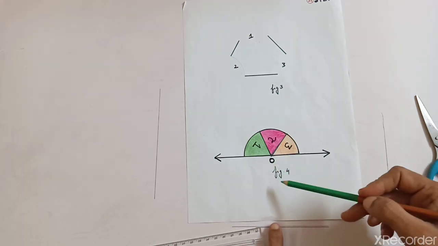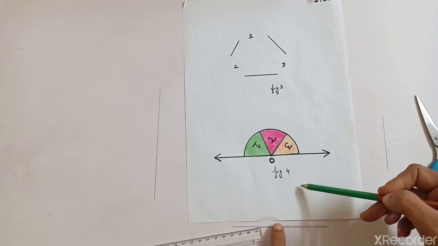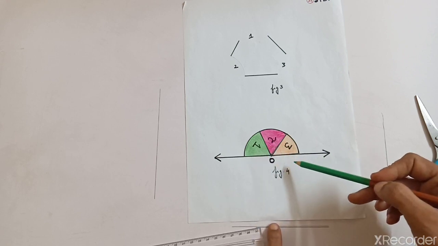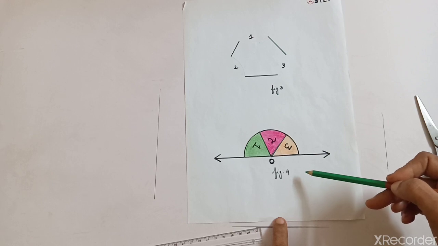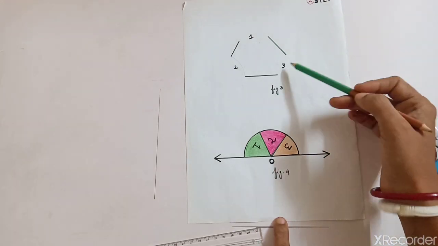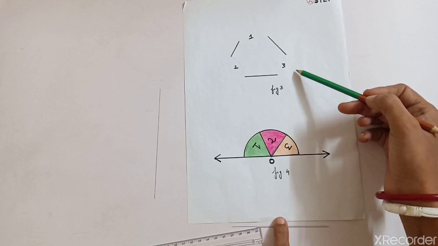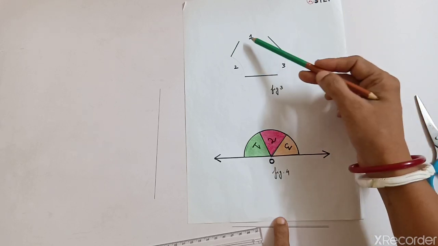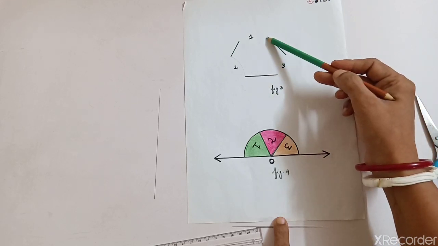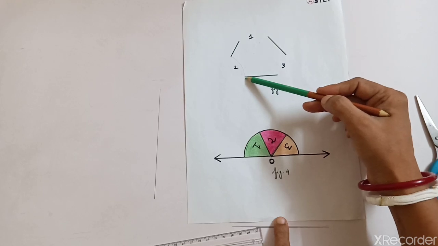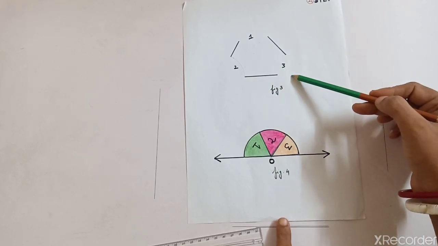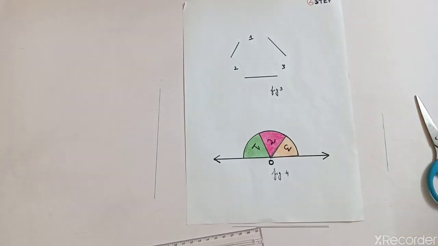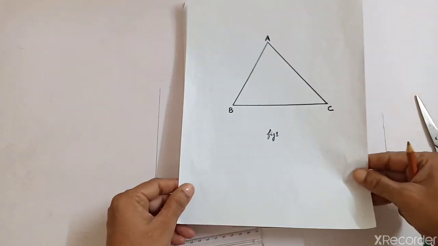If you take the angles separately and measure separately, you will see when you add all the three angles, their sum will be 180 degrees. And the remaining part of the triangle you will stick here like this. How it is stuck here, you will stick. You can see here, from here angle 1 was taken, from here angle 2 was taken, and from this part angle 3 was taken. And then in your activity notebook you are going to keep this one first.